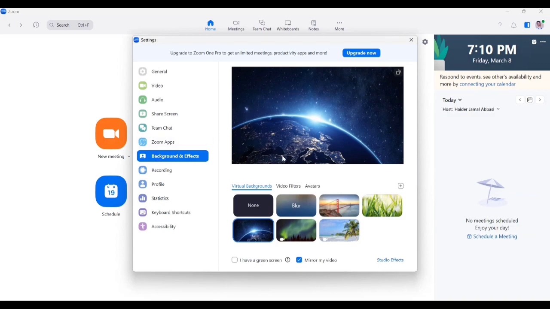Here you can see all of the effects showing virtual backgrounds. All of these six background effects are defaults. You can add some more. Here you can see I am just using this here, and here you can see my finger, and here is